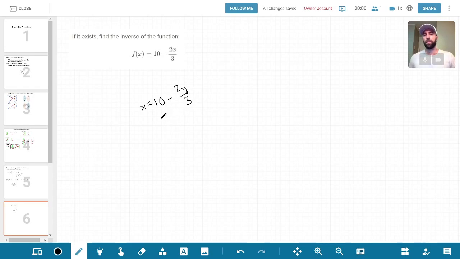And then we'll solve for it. So we would get 2y over 3 equals 10 minus x. We'll multiply both sides by 3/2, and you get y equals